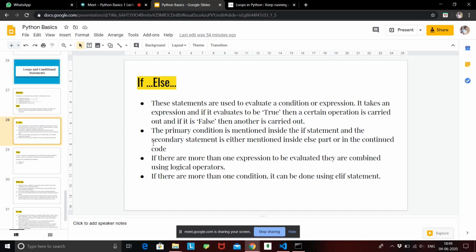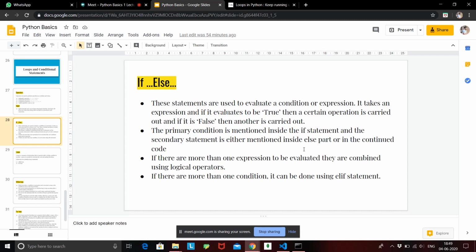The primary condition is mentioned inside the if statement, and the secondary condition is either mentioned inside the else part or in the continued code. So it is not necessary every time to give the else part. You can just give your condition inside the if statement, and if that condition evaluates to true, then the statement will be carried out. If not, the regular code will be continued.